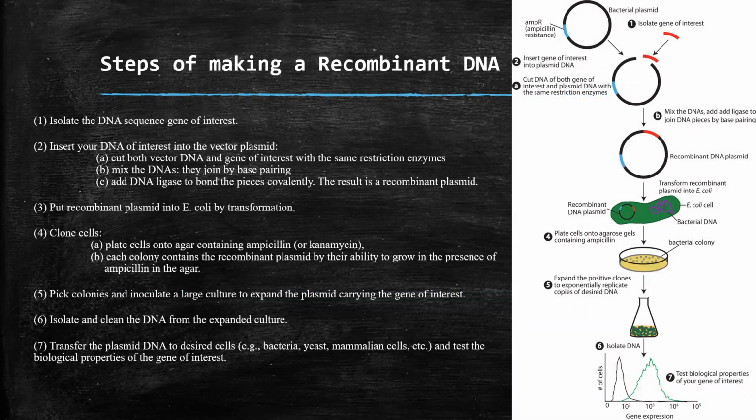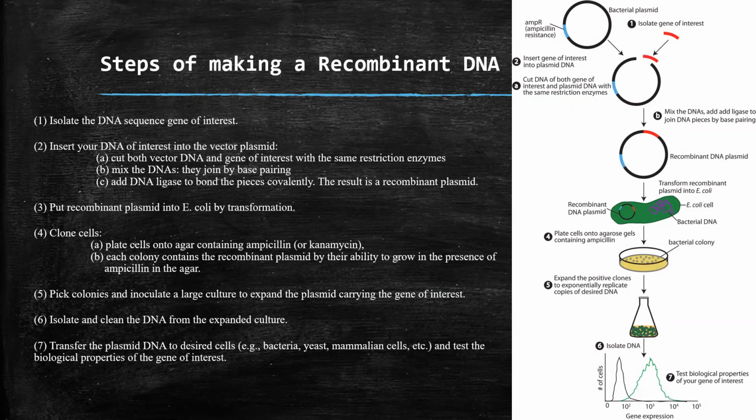The first step, isolate the gene of interest. Second step, insert the gene of interest into plasmid DNA. The third step, put the recombinant plasmid into E. coli by transformation. The fourth step, plate the cells onto agarose gels containing ampicillin. The fifth step, expand the positive clones to